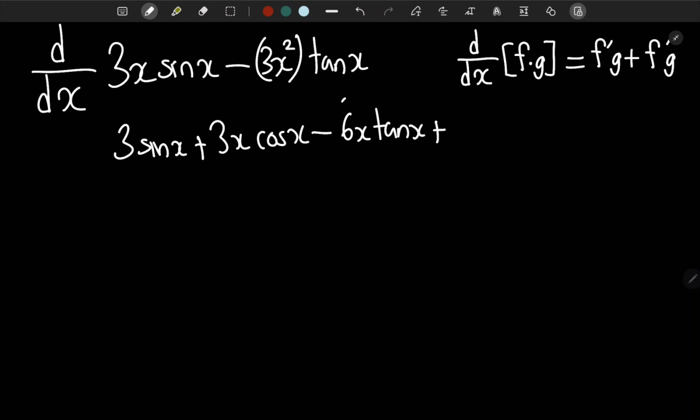plus f g prime, so 3x squared is going to stay the same, and the derivative of tan x is secant squared, so secant squared x, and